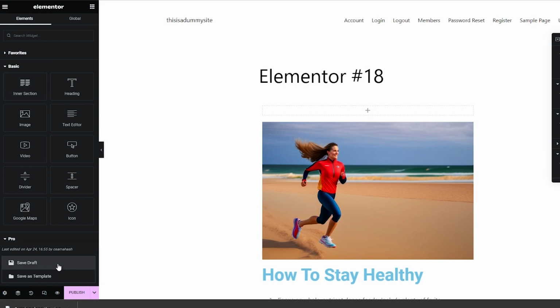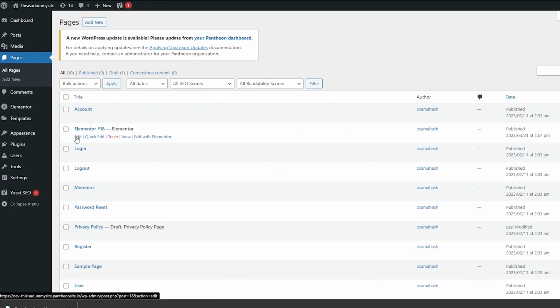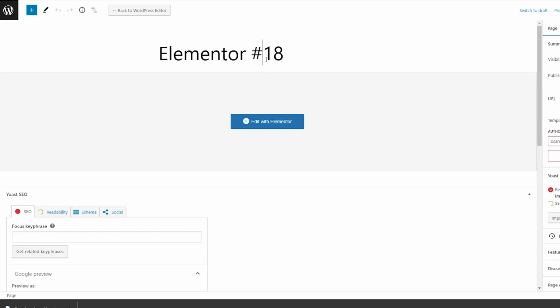Then all you got to do is just simply click on save. You should be good to go. So we have a page saved. We can even publish it if you want. And there we go. Now, if we go back to our dashboard, as you can see, this is the page that we just created. We'll go ahead and click on edit, and we can change up the name right here